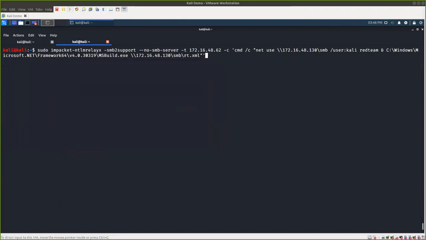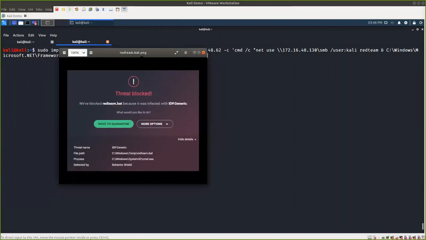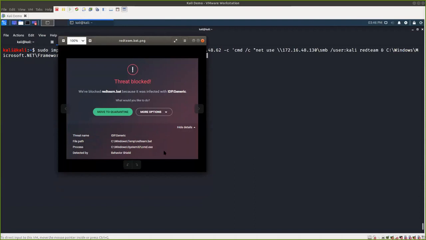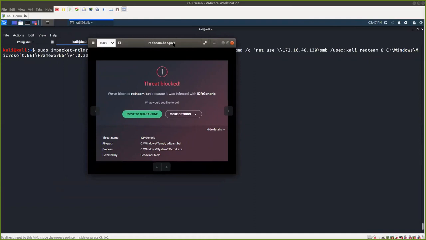So I did that. I tried running this command again. And this time I got this. So basically the same message, only with my RedTeam.bat changes. So, okay, AV's a little bit smarter than we thought. What can we do next? So where I went from here